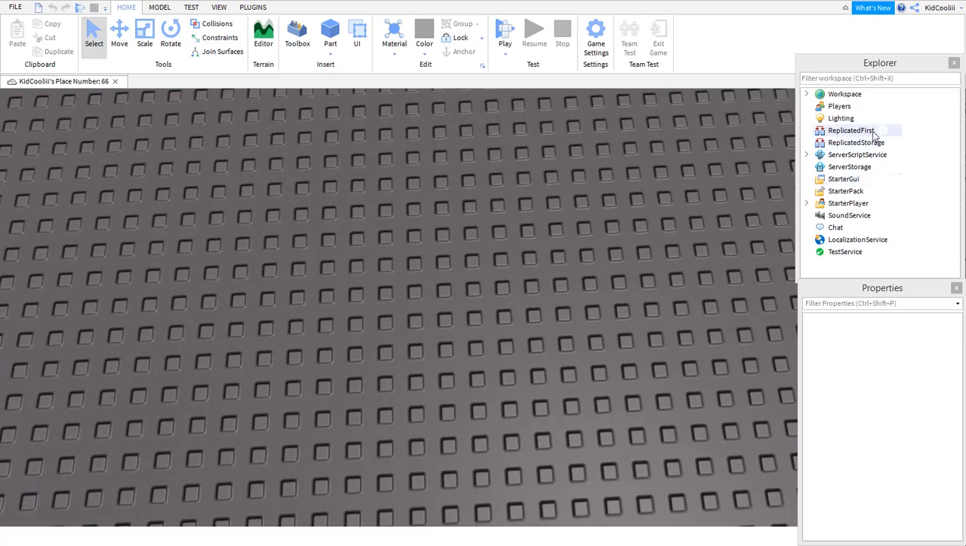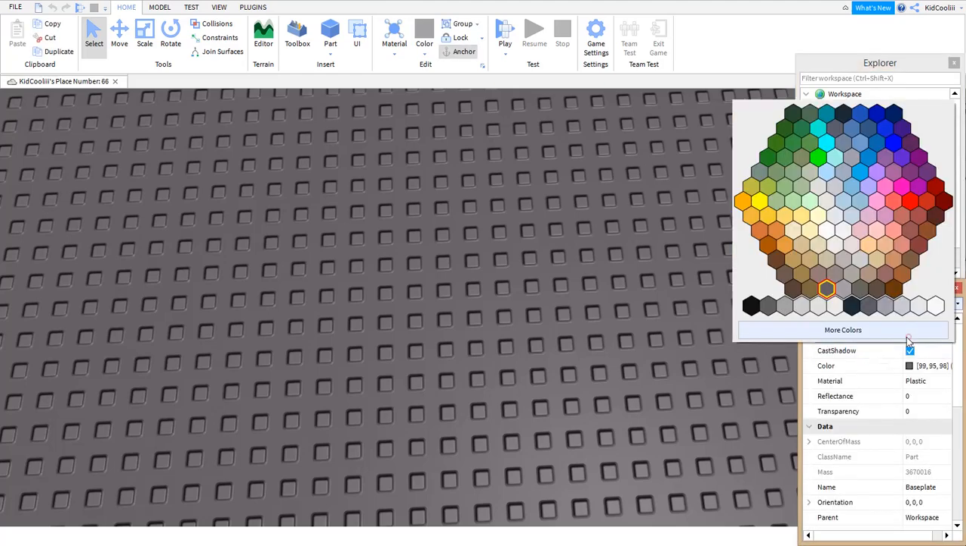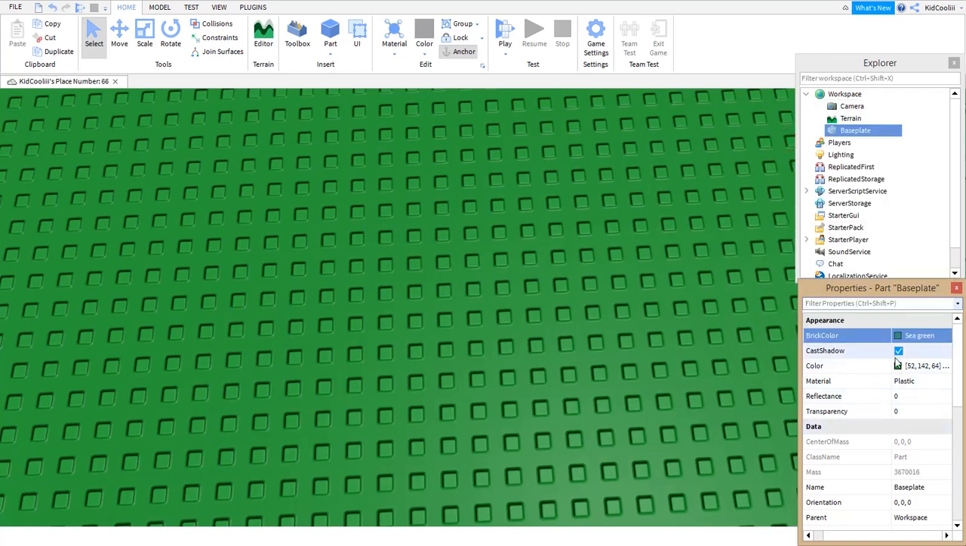We're going to go to Workspace and then click Base Plate. I'll click on it, and now we're going to go to Brick Color and make it whatever green you want. I'm going to make it this green, a sea green, and then we're going to click on Material and click on Plastic, and